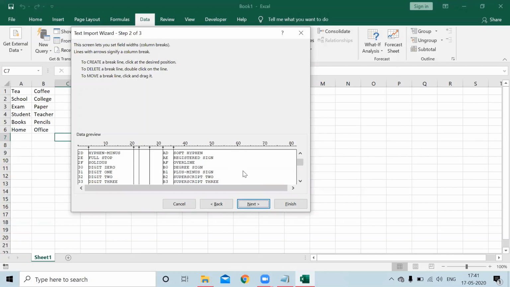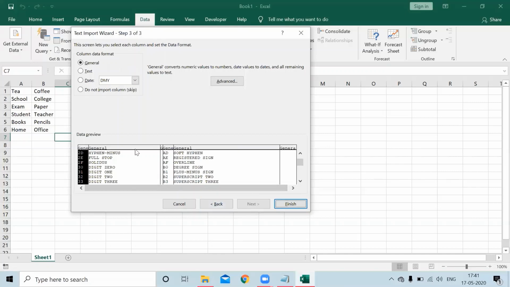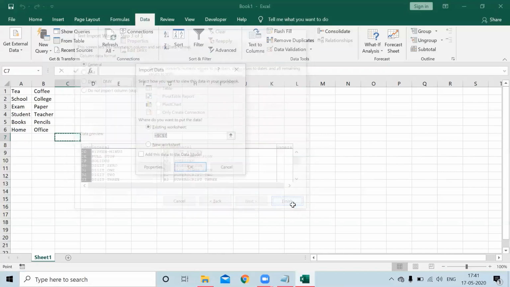And to add a break line, just select on the excerpt once where we want to add the break line. Now I'll be removing all the unnecessary break lines in my data. And I'll add one more break line over here. Then I select next. I do not want to change the data format, so I press finish.